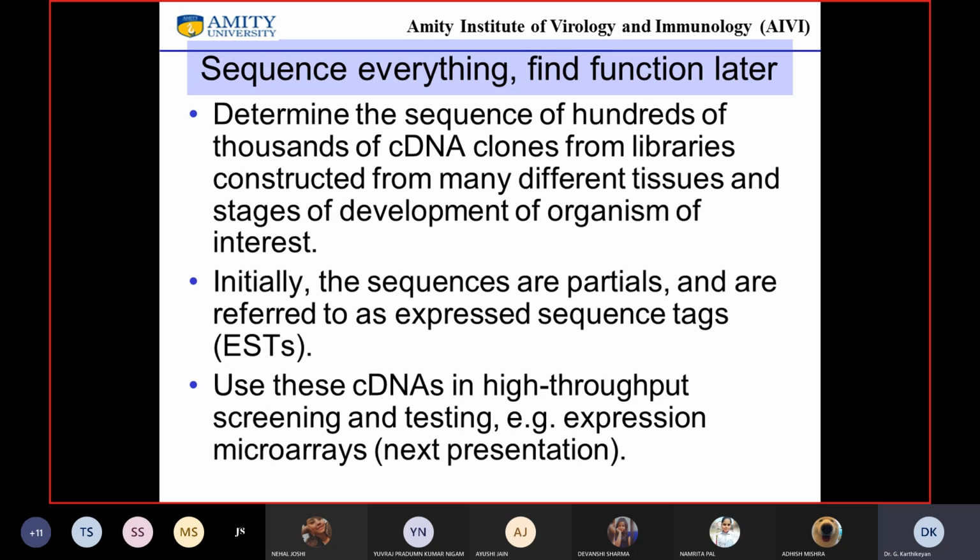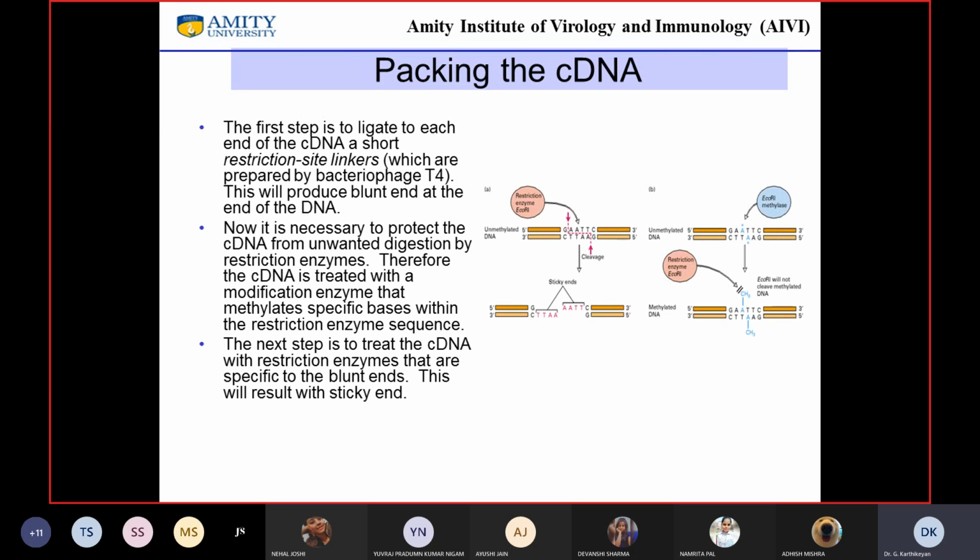Nowadays, of course, it is much easier to sequence everything, and because you have lots of these databases that have some information, you can sequence everything. Then you can come back and ask the question, what is this gene, what protein is it coding for, and what is the function of this protein. Okay, it is possible.